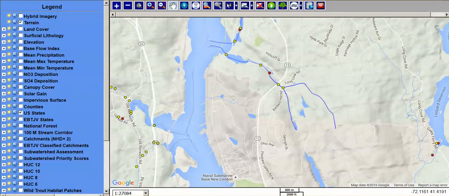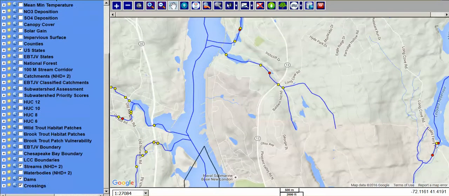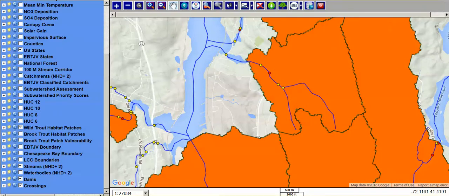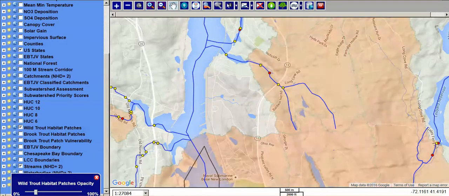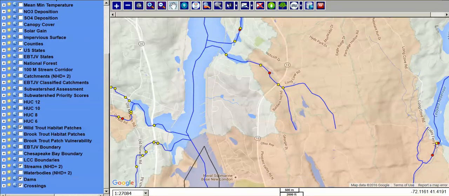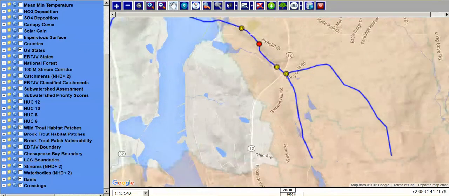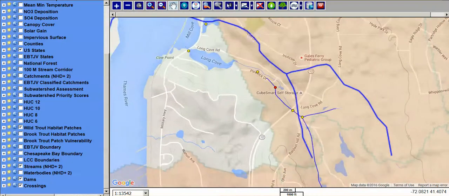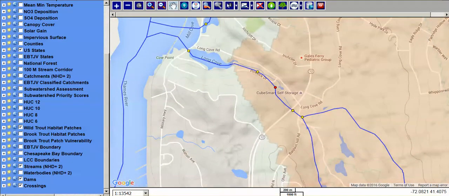So most interesting to me is, are there wild trout in that particular area? So I can turn on this layer, and yes, it looks like the orange is telling me that there are wild trout there, and I'm going to turn down the opacity of that layer so that it's a little easier to look at. So it looks like the wild trout layer starts at about the end of where Long Cove is, and I wanted to turn on another layer, and